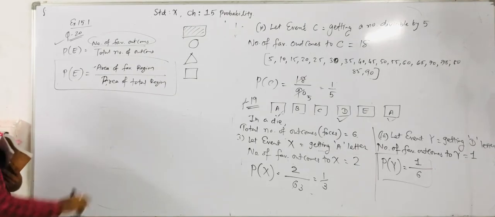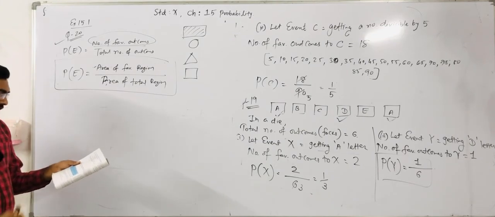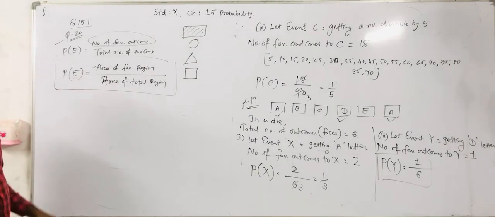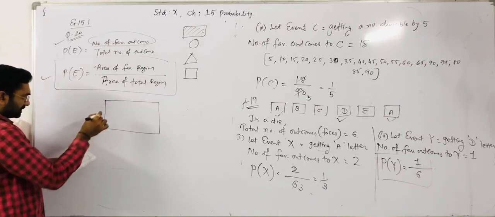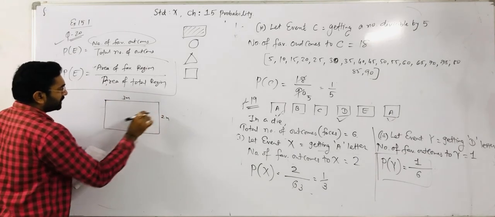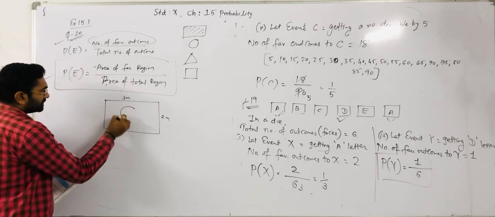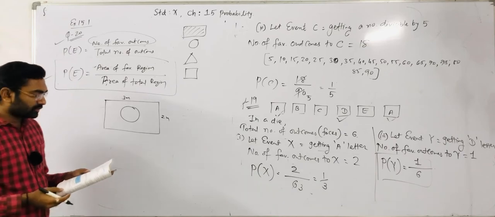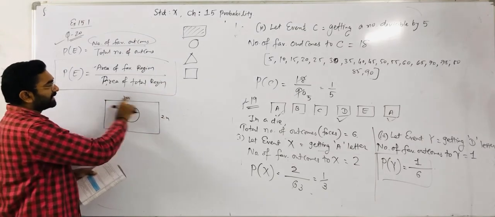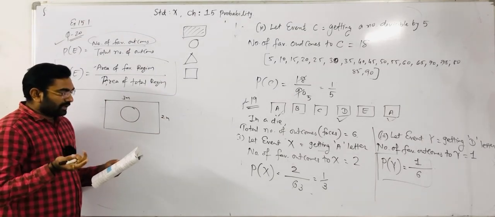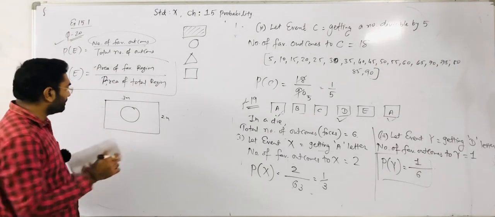for geometrical probability. One of the questions is given on geometrical probability, and in that they mention not for the examination point of view. Okay, but you have to remember that equation. So very quickly, I take this example: 3 meter and 2 meter. The rectangle length is given as 3 meter, breadth is given as 2 meter. Inside there is one circle. The question is given that way. Suppose you drop a die at random on a rectangular region. Your total region is rectangular. And as shown in the figure, what is the probability that it will land inside the circle with diameter 1 meter?